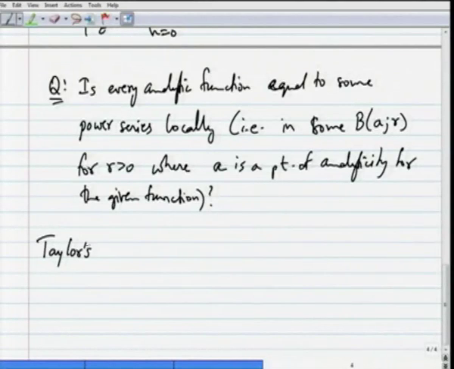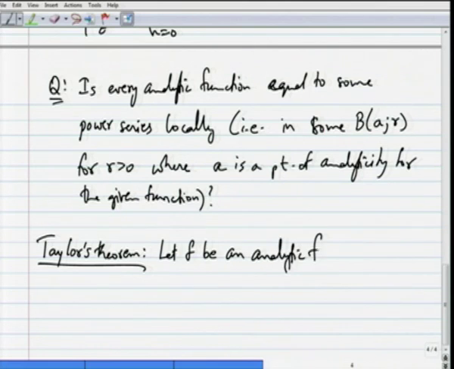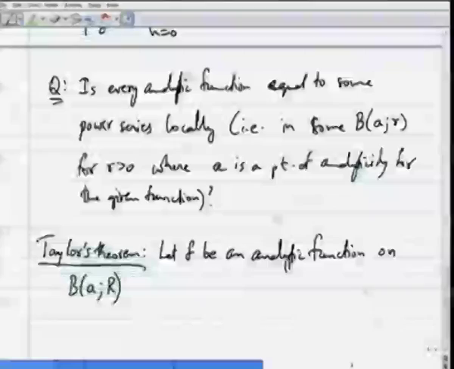So here is the statement of Taylor's theorem. Let f be an analytic function on B(a, R). Since we are interested in expressing the analytic function as a power series locally, although f could be analytic on a bigger set, we will only assume for the time being that it is analytic on the disk itself, B(a, R). Then